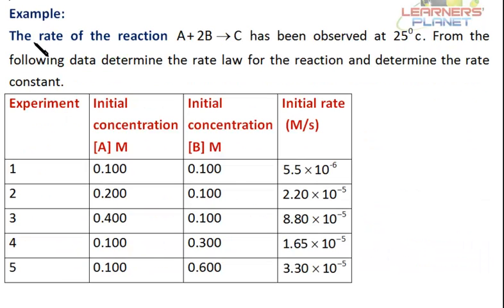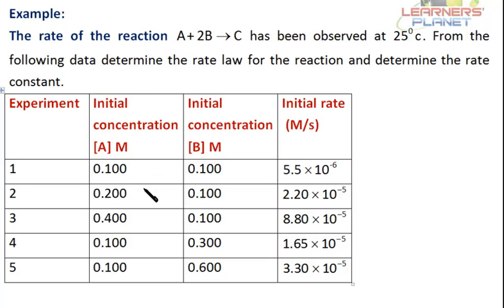See, there's an example over here. The rate of the reaction A plus 2B gives C has been observed at 25 degrees centigrade. From the following data, determine the rate law for the reaction and determine the rate constant. So this is the data you are provided with. Now in this case, say if I have to determine the order with respect to A, so I'll take up